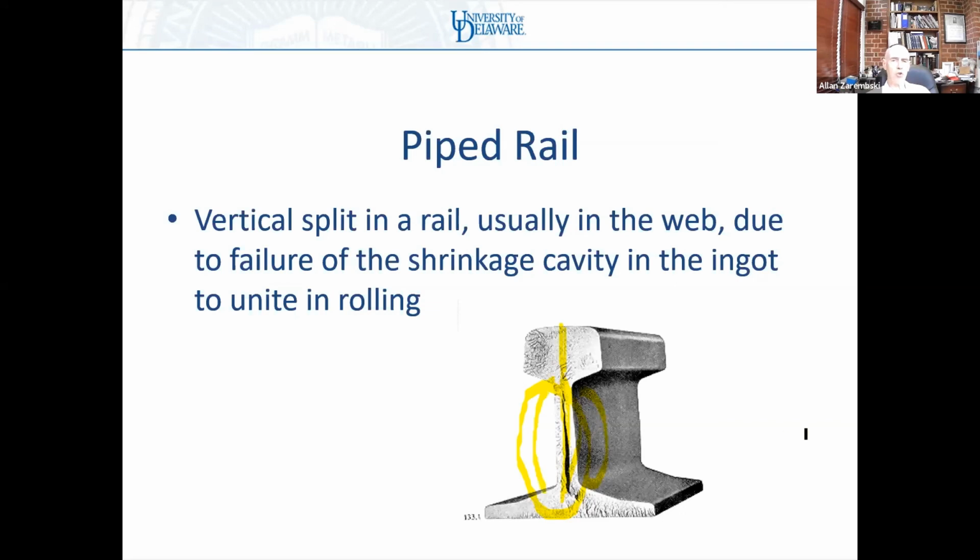Now, the good news is this is more common with ingot steel than continuous cast steel. So ingot steel is the old-fashioned method of making rail, where you had ingots and you took rail from the top of the ingots on upwards. Continuously cast steel is where we're using continuous casters, such as you saw in the movie. It is a cleaner process and has a lot less of these inclusions. And so this type of pipe rail is less common with newer rail, but we see it a lot in